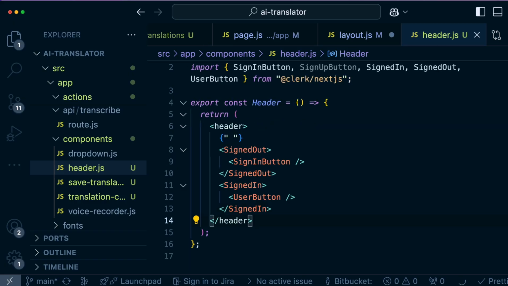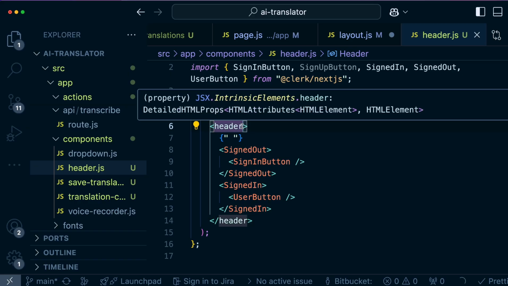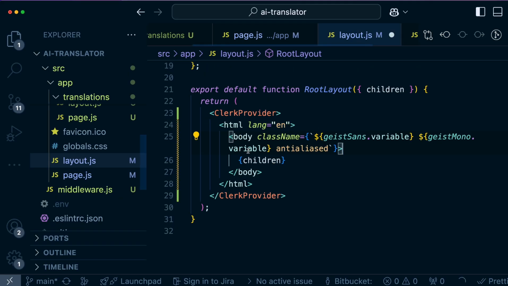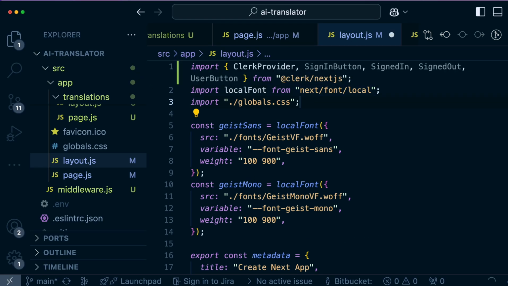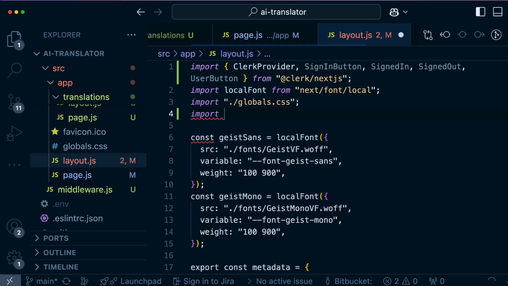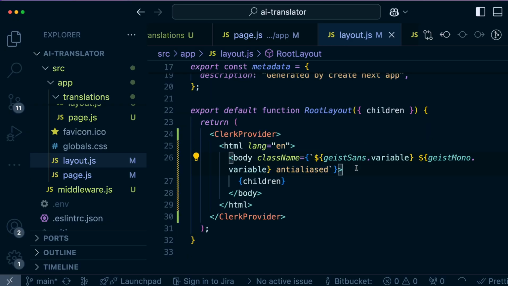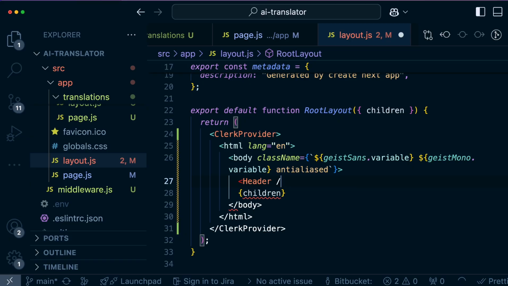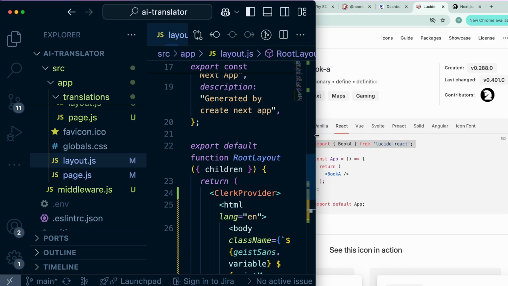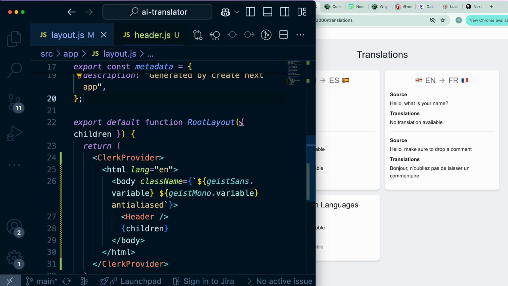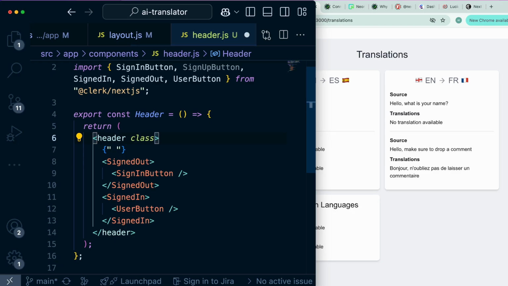Place it in a header here. And before we make any changes, let's import this. Alright, so nothing should visibly change right now, but we can start making the changes first with the main header